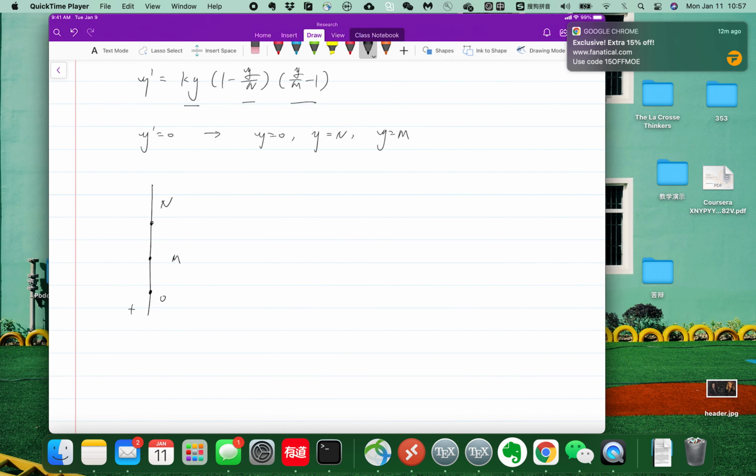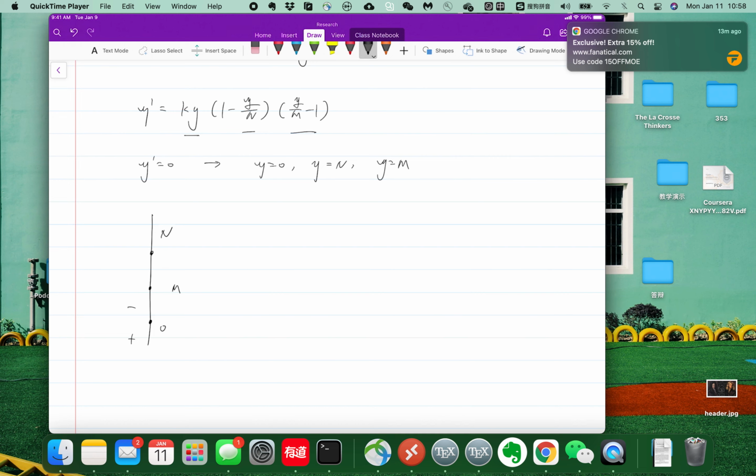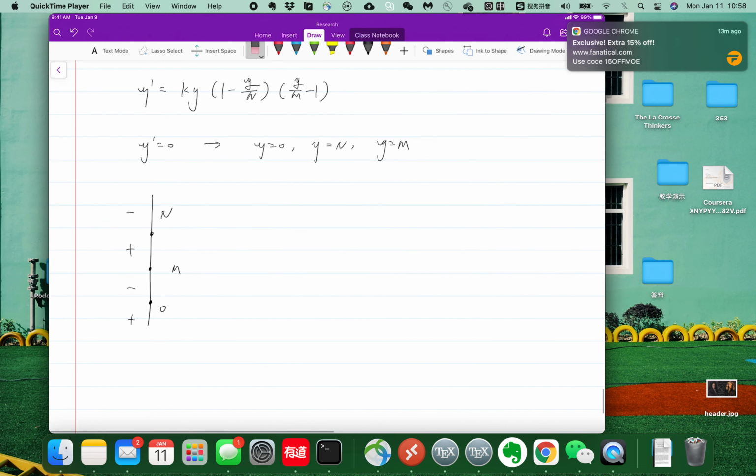Okay. Now you go from here to here, you change the sign, you change the sign, you change the sign. Now with that in mind, we can have, okay. Now what that gives us is going to be